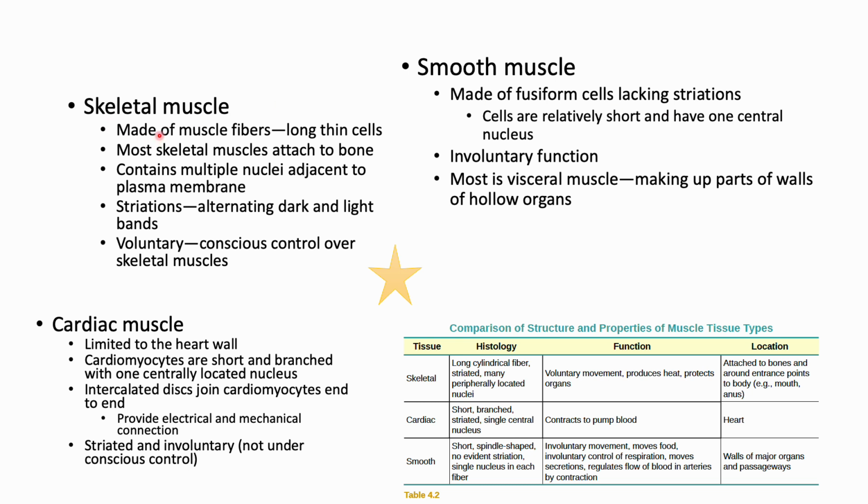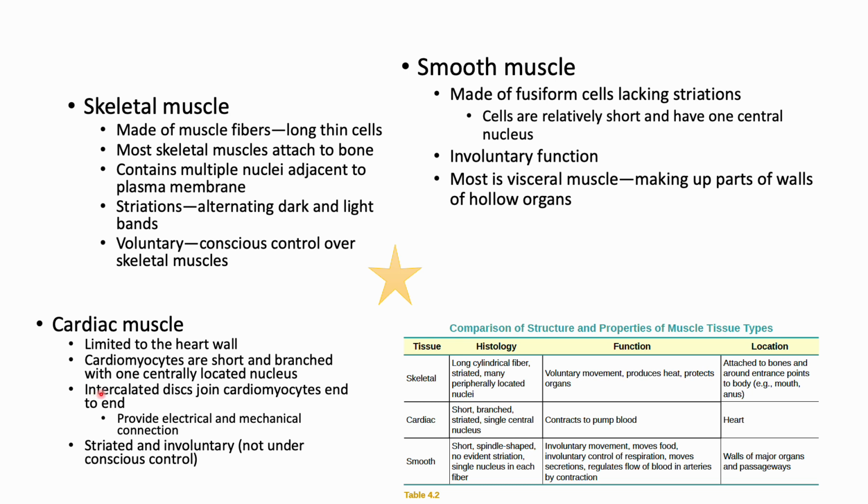Skeletal muscle is made up of muscle fibers, long, thin cells. Most skeletal muscles attach to bone. It contains multiple nuclei and it has striations, which are alternating dark light bands, and it is voluntary. Cardiac muscle is limited to the heart wall. Your cardiac muscle cells, we call those cardiomyocytes. They are short and branched with only a centrally located nucleus surrounded by glycogen, and cardiomyocytes are joined to other